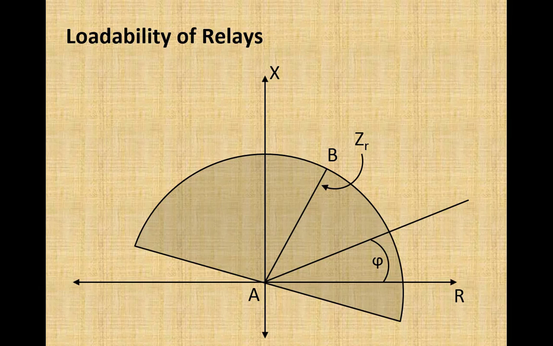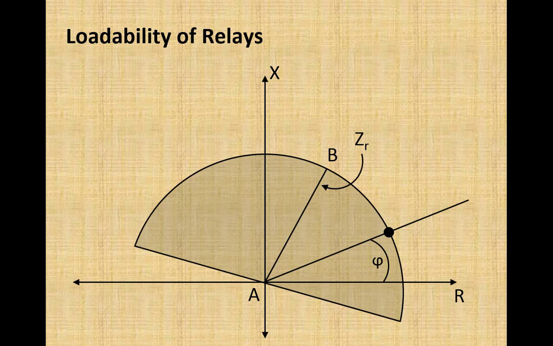So the common tripping region of the directional relay and impedance relay is the semicircle, and this is known as a directional impedance relay. The radius of this relay characteristic, which is ZR, is the relay setting, the reach of the relay that we have set. According to the definition of loadability of the relay,